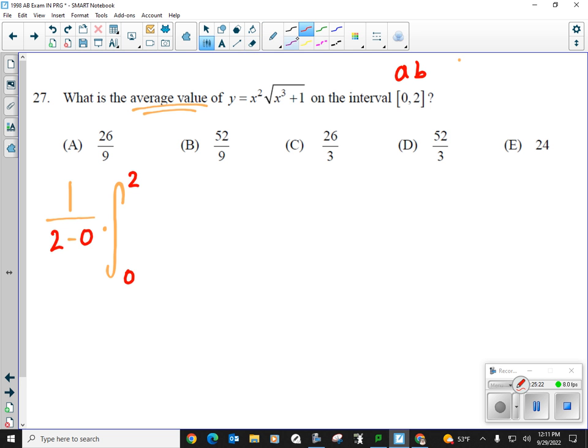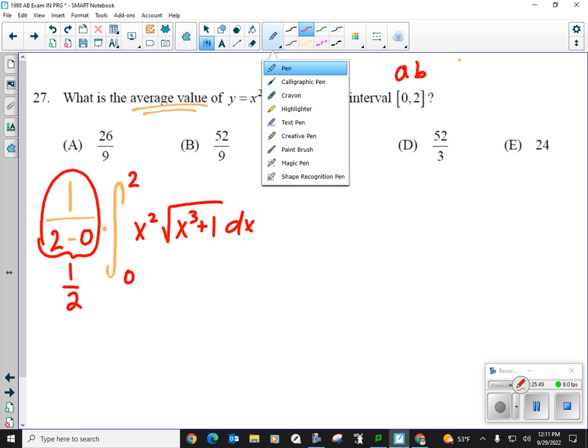Now we're going to put our equation of x squared times the square root of x cubed plus 1 dx. We're going to integrate this from 0 to 2, and then I'm going to multiply it by, this ends up being 1/2. All right, well, that might be tough to integrate,